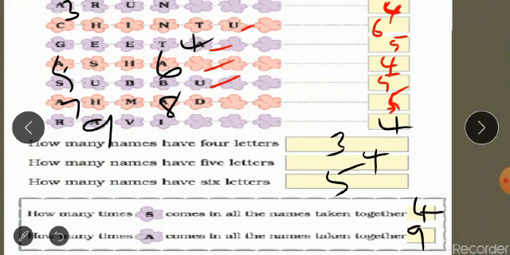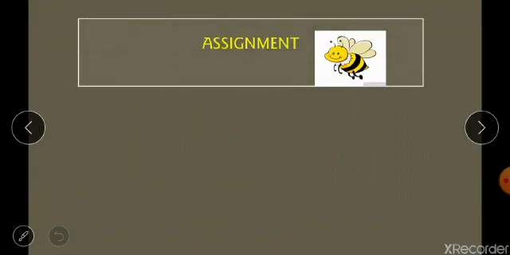Okay, so next, shall we move to the assignment. I just give one assignment for this. Just listen. Calculate data: record your family members' names list and count and write how many letters are present in each. So you just take a sheet and write all your family members' names and calculate how many letters are present in each name. For example, I am Devi. In my name there are 4 letters. So like that you have to calculate and write.